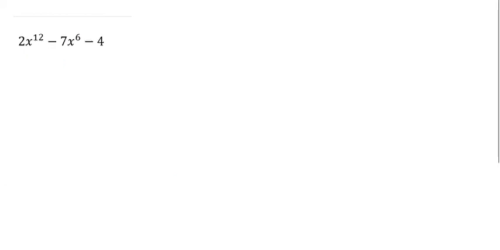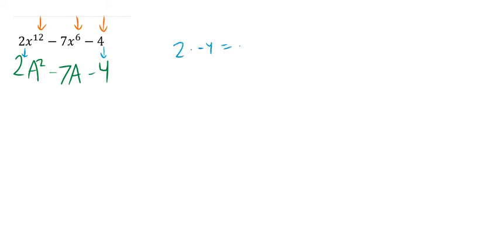One more. This is in a quadratic-like form. 12 is double 6, and then I have a constant. So I think about my corresponding quadratic. I factor the corresponding quadratic by doing 2 times negative 4, makes negative 8, what multiplies to negative 8 and adds up to